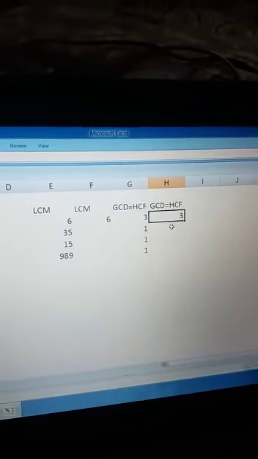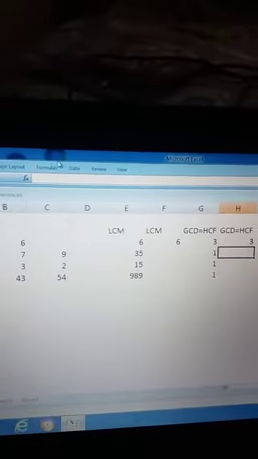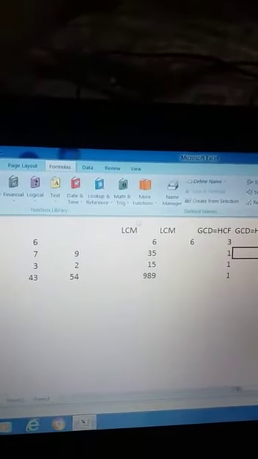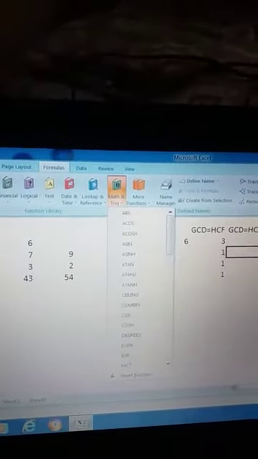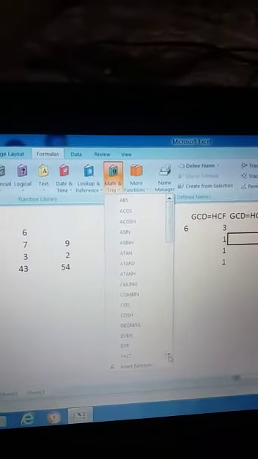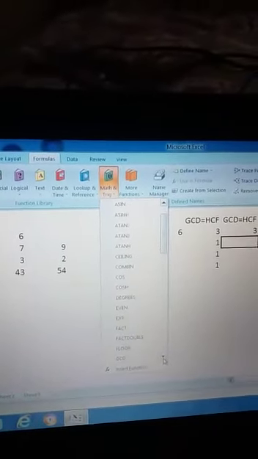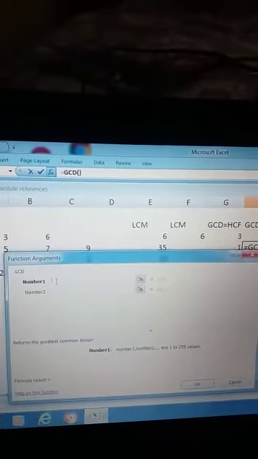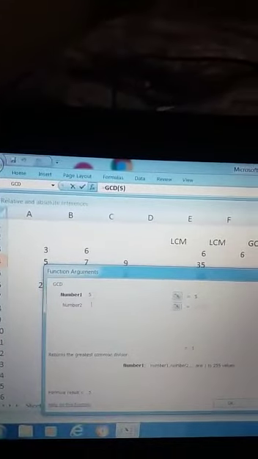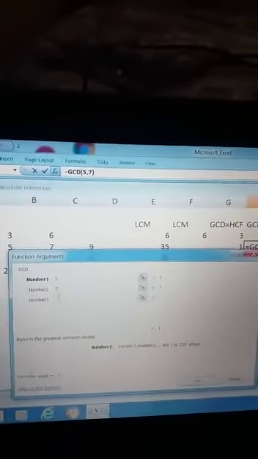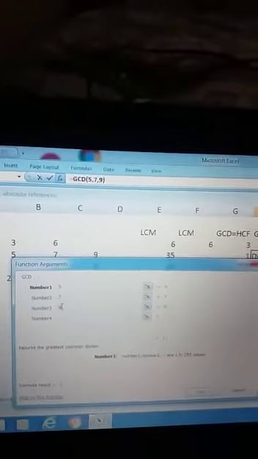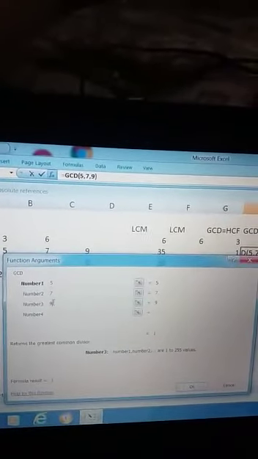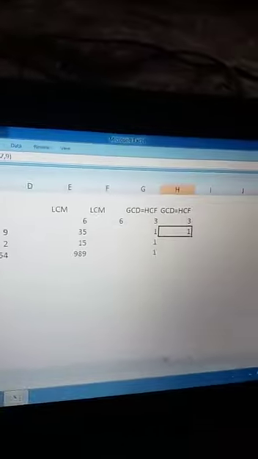If you want to calculate the other, click on the formula bar, then maths and trig, then GCD, and write the next numbers: 5, 7, 9, and when you enter this, here will come 1.